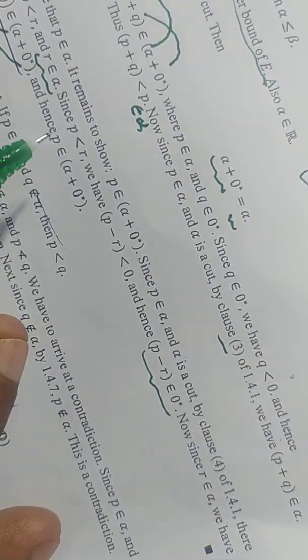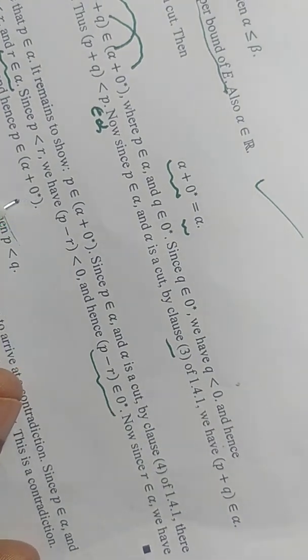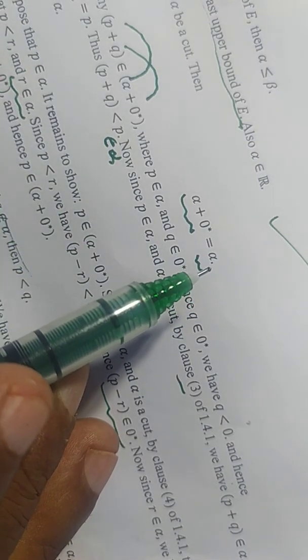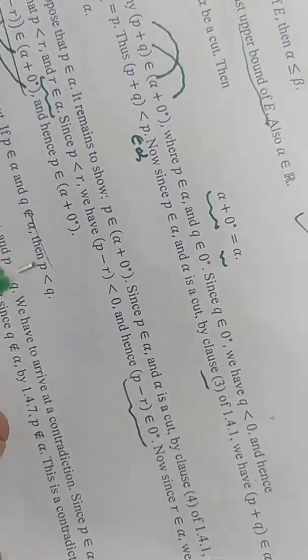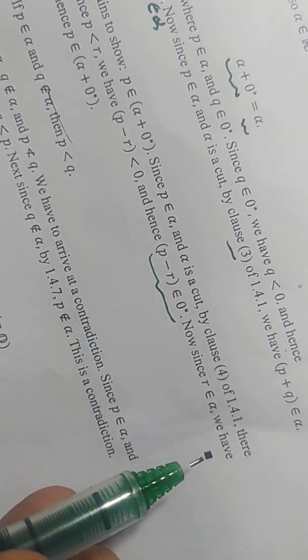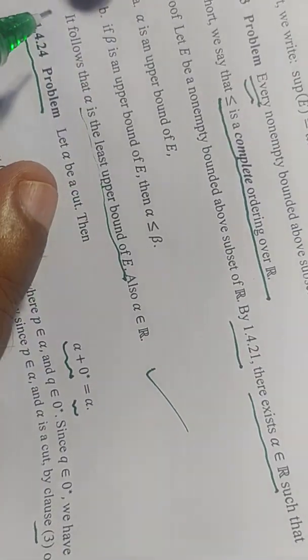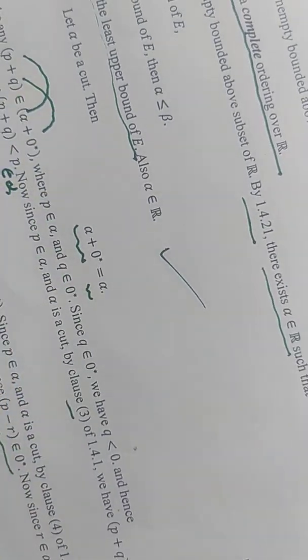So we have shown that P belongs to this very set, which is the LHS. P was taken in the RHS. So every right hand side member is a member of the left hand side. So we have shown this equality. This is a very grand theorem. We have proved it. Now we have one more theorem regarding plus, regarding addition of two cuts.